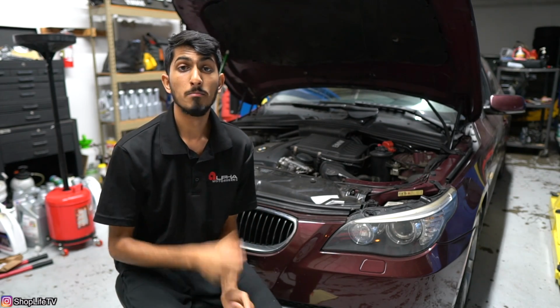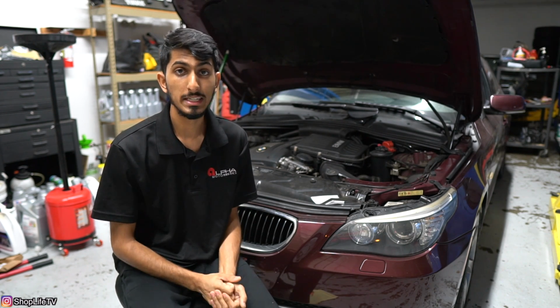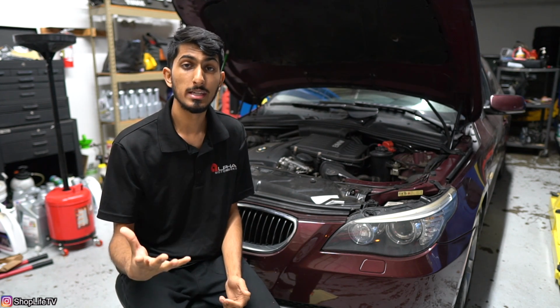Now, arguably the most expensive oil leak repair on any car, which is the oil pan gasket. They almost always start leaking around 80,000 to 100,000 miles, but sometimes age can also increase or accelerate that wear. The oil pan gasket is mostly expensive just because of the location and what all it requires to actually be